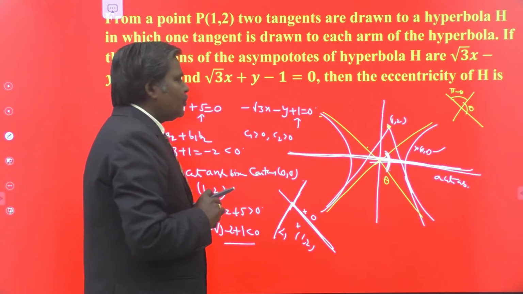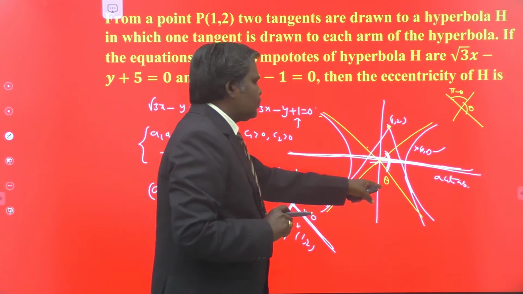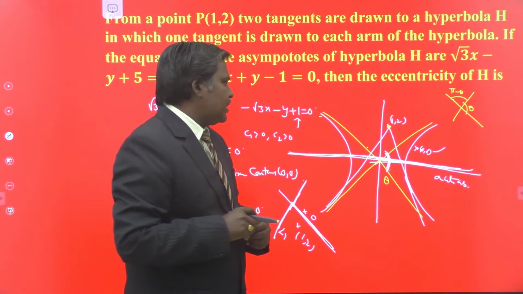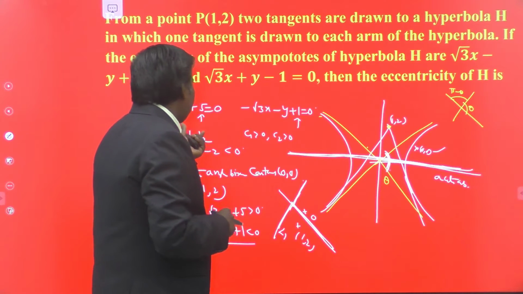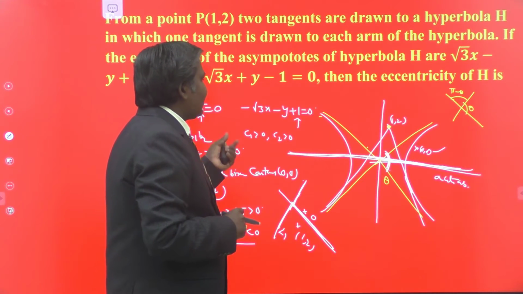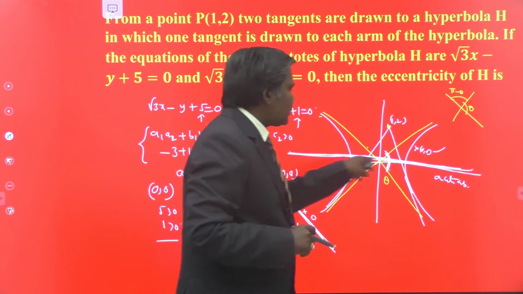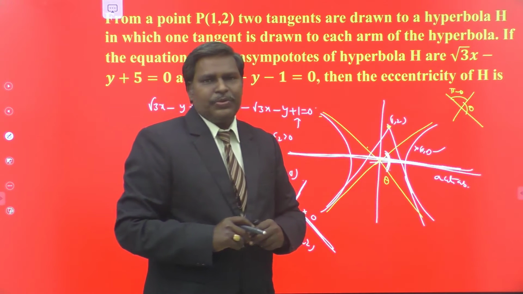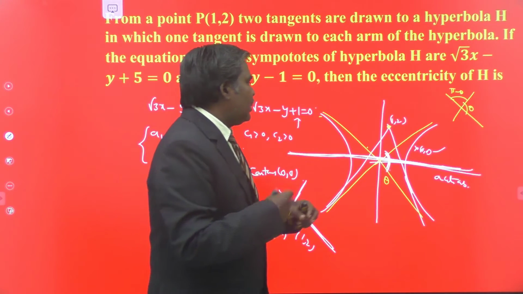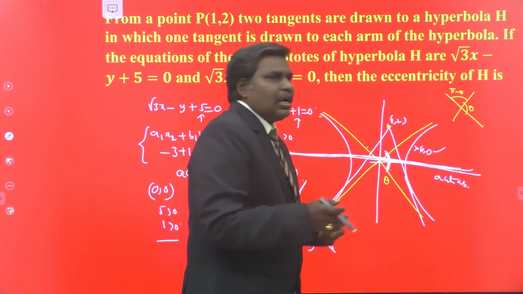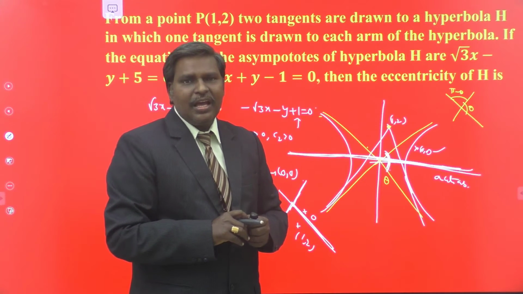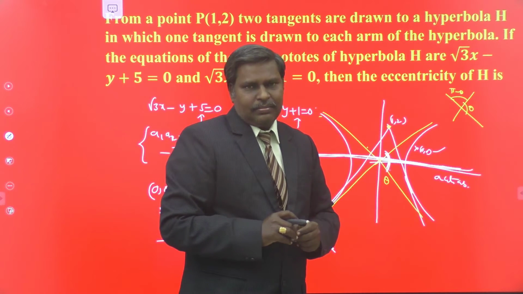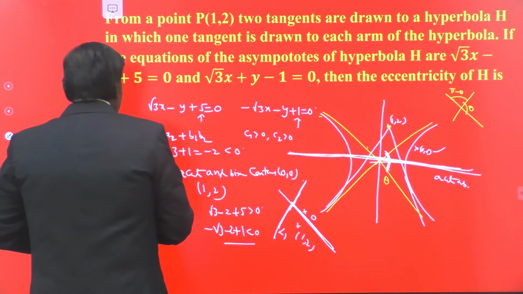So we have to find the acute angle between the asymptotes, and from that evaluate the eccentricity. In the same manner, suppose A1 A2 plus B1 B2 is greater than 0 for this problem, then this line becomes the obtuse angular bisector. So the corresponding angle becomes obtuse, and you have to find the eccentricity by using the obtuse angle. Now for this problem we have to use the acute angle. Okay, don't forget these things.